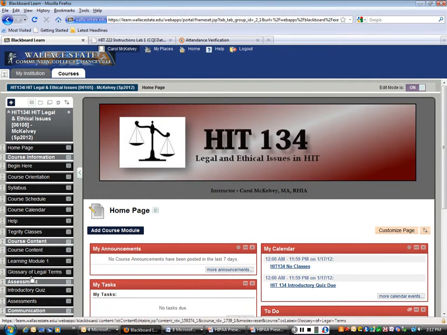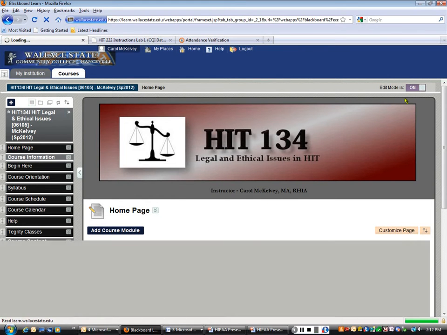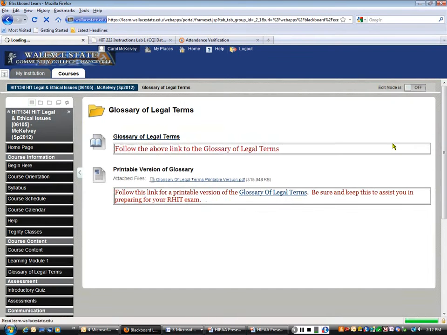To access your glossary, I've put a link on the home page. You'll click on that link on the home page and you'll see glossary of legal terms, and also you will see the printable version. I'm going to go over these terms again and give you examples, but after you view